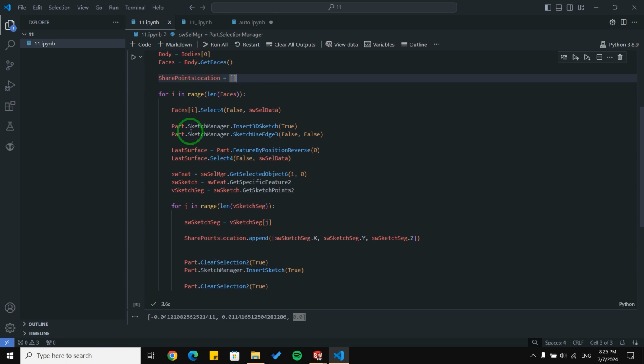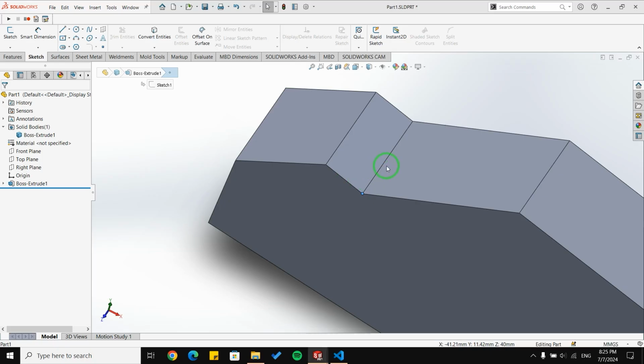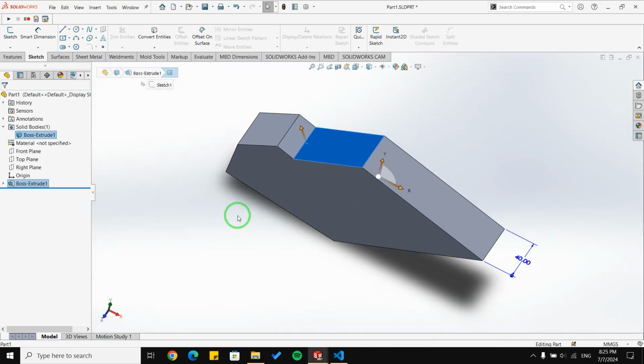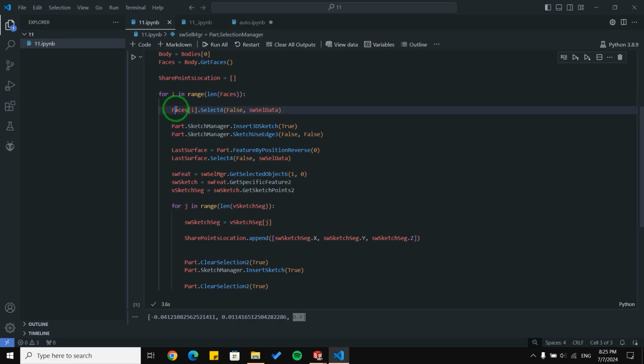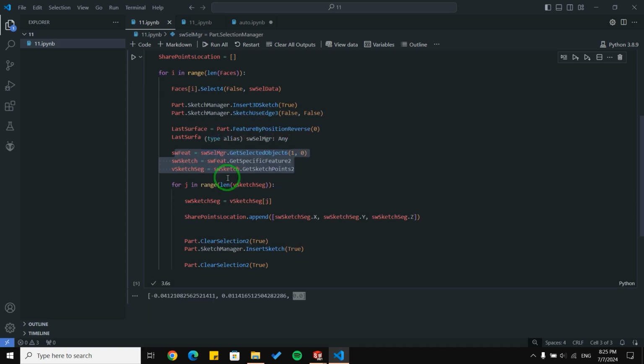And the rest is like we have a for loop that goes through all of the faces in this body. Then we are going to select one face. We are going to select an inset, or we are going to create a 3D sketch, convert entities, select it, and then with these 2 lines we are going to select these convert entities, or the new sketch we just created. Then we are going to get all of its points.